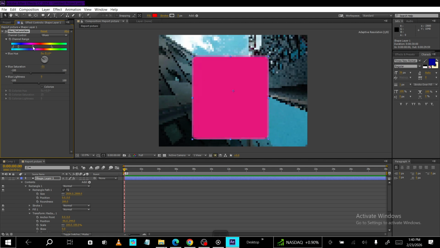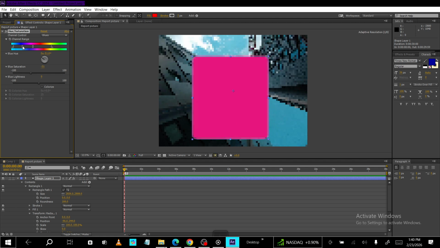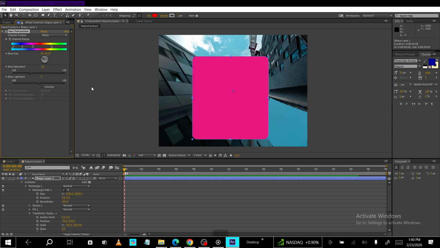That's it. By selecting your object layer, applying hue saturation, adjusting the master hue, and animating with keyframes, you can create clean, dynamic color